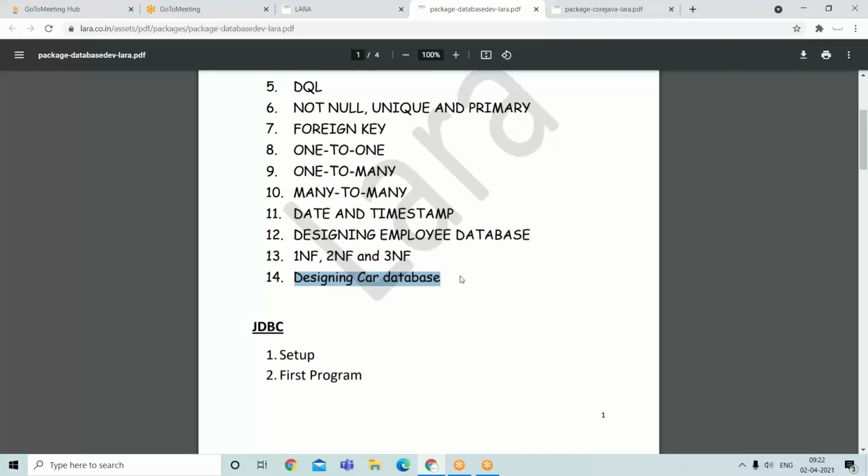Something like a car showroom, with multiple cars, multiple models, multiple colors, multiple different types of fuels. By considering all, how we can design a database. Here I clearly explained it so you can design by yourself.